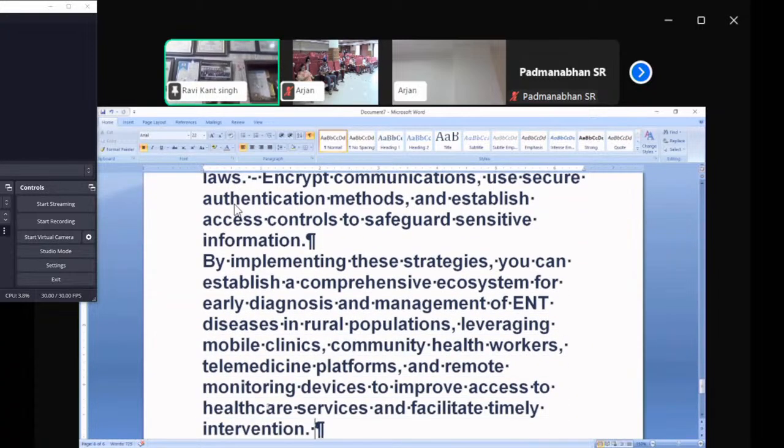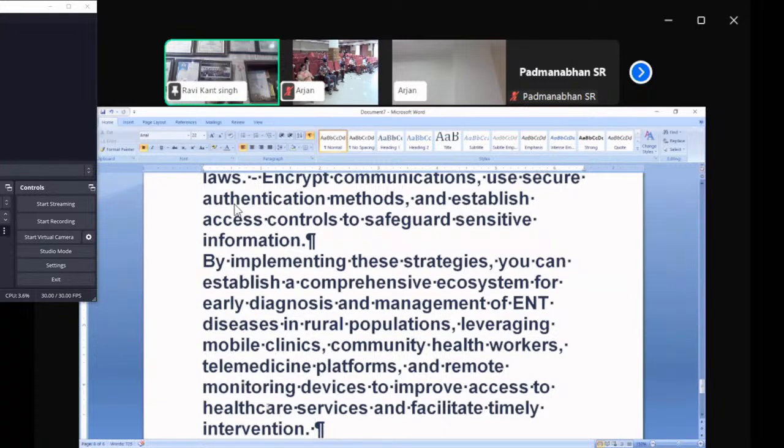By implementing these strategies, we can establish a comprehensive ecosystem for early diagnosis and management of ENT diseases in the rural population, leveraging mobile clinics. And we establish mobile clinics. They can be installed for one test or another when the work is over, but they are established mobile clinics over a period of time, like 1 month, 2 months,